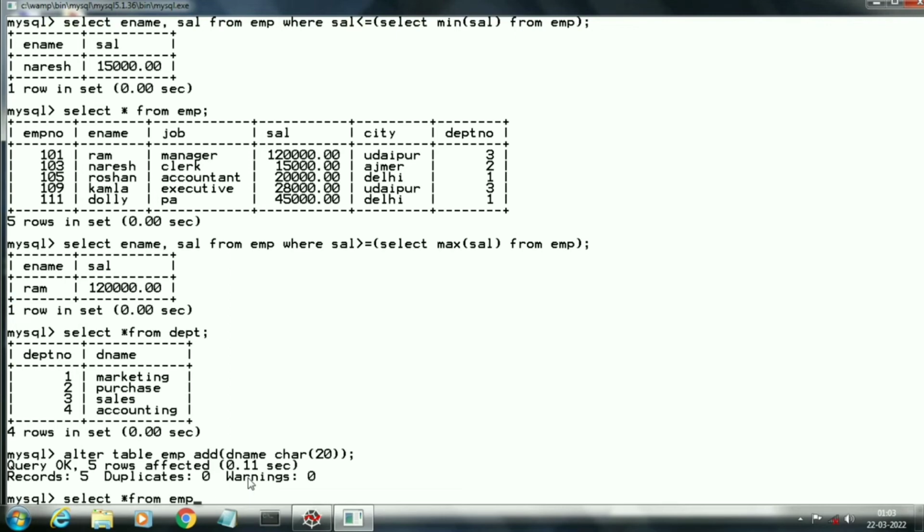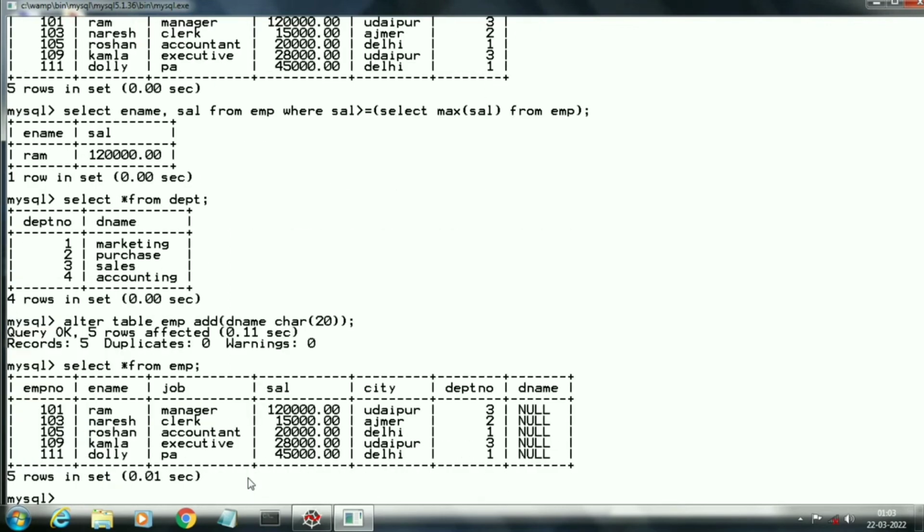Here you can find that we have added a blank department name column in the employee table, but still it is blank. To fill the data of department name, we will use a subquery as well as an equi-join by using our foreign key, department number. Here we are using the DML command update for updating the blank department name.